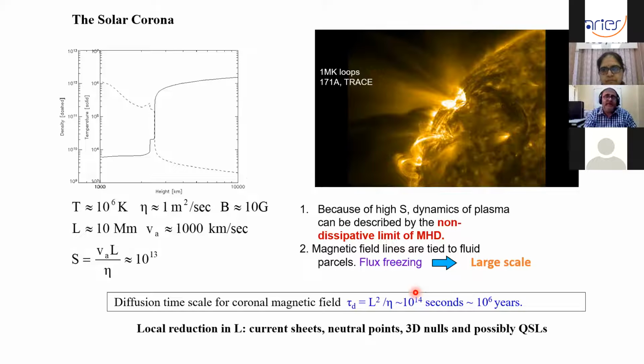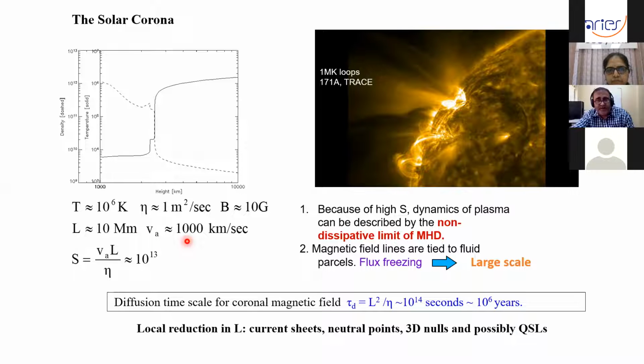So these are some very basic parameters of the solar corona. This is like bringing coal to Newcastle, but they have very important impact, so I'm going through it. The temperature is of the order of million degree Kelvin. Eta is the magnetic diffusivity. B varies from 10 to 100 Gauss in the corona. And with a length scale of the order of 10 to 100 megameter or higher, and an Alfven speed of